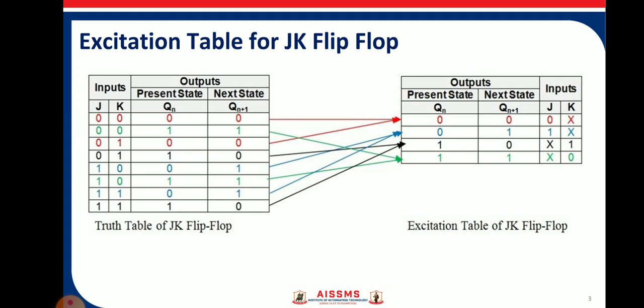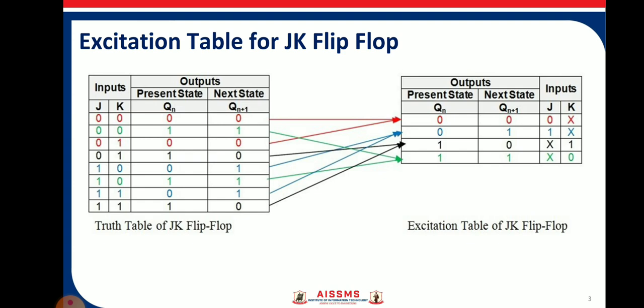Next one, 01. This 01 condition occurs 2 times, which is shown by sky blue color. When the output is 01, the JK value is 10 the first time and 11 the second time. Again the K value is changing from 0 to 1, so we can ignore the K value. That's why K is written as a don't care, but J must be 1.